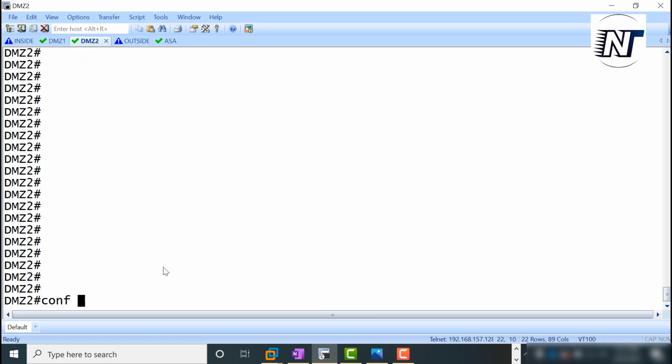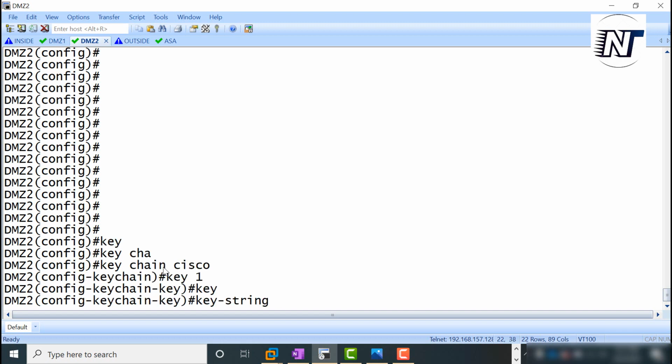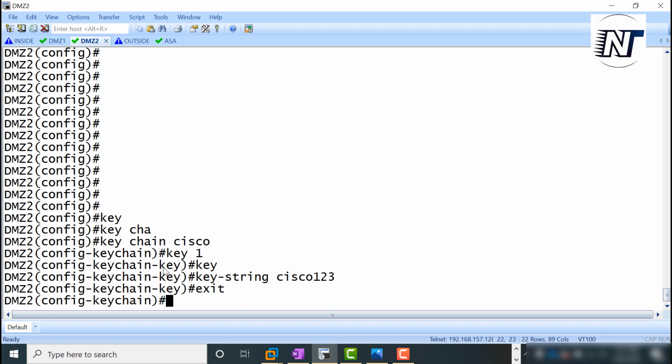DMG2: configure terminal, key chain Cisco, key 1, key-string Cisco123, exit.